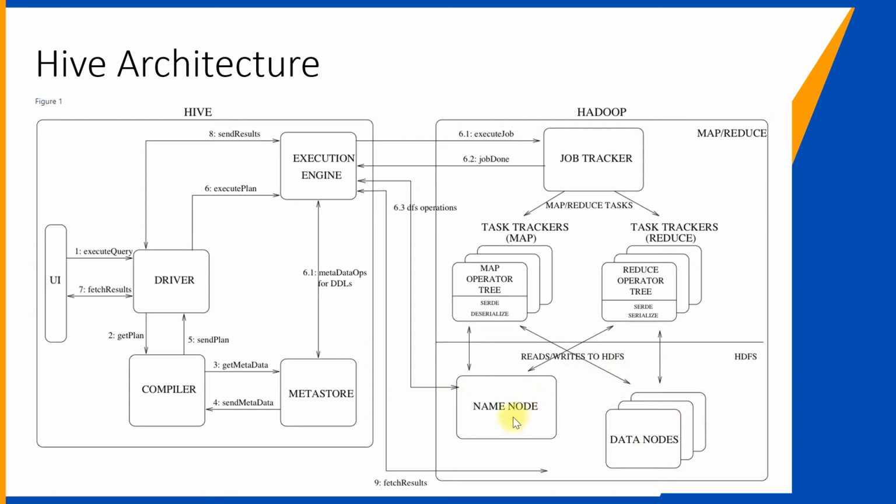So whenever we perform any Hive query execution, if you look at these arrows and the sequence here, the first one from the UI, whenever you execute any Hive query, it first goes to a driver. A driver is an interface between various components like the compiler and also the execution engine, right? It takes that Hive query and passes it to the compiler so that the compiler can connect to the Metastore and get the information that is required for the execution.